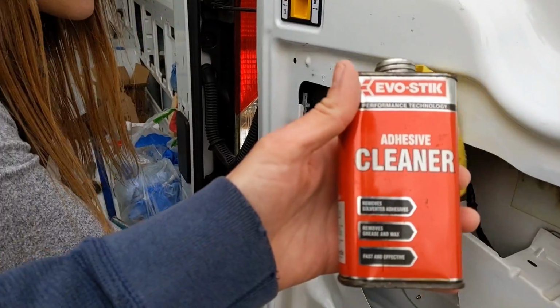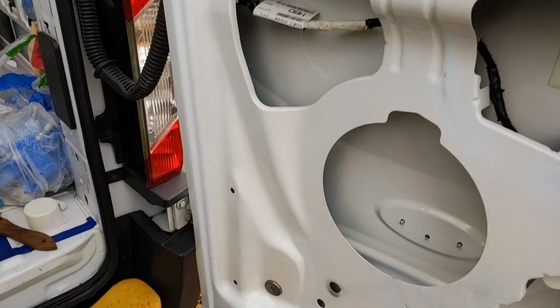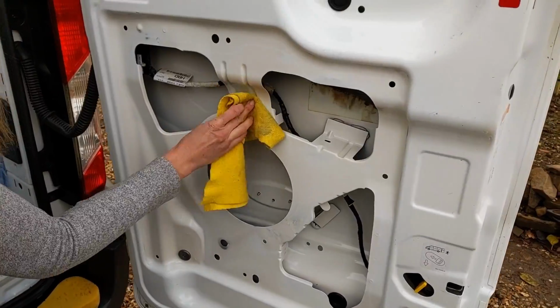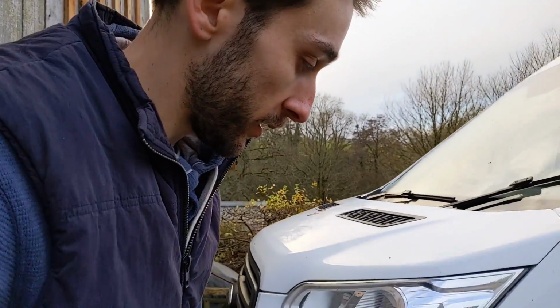I found this adhesive cleaner. Literally put a bit on there, wiped with a cloth, and it just came off. If only I found that earlier. Oh well. Never mind. The only bit of trim that we haven't looked at on the whole van is the